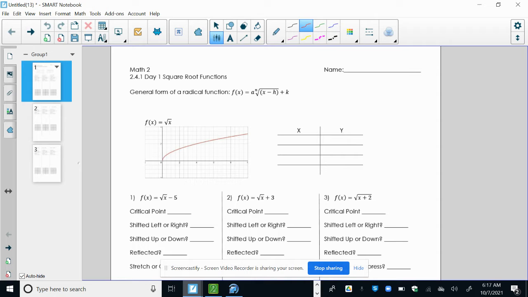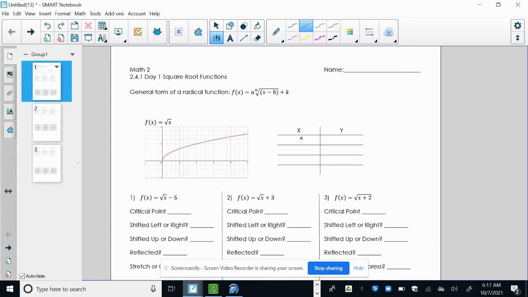We see some things that we've seen before in the past, including the h and the k from vertex form. What this is really referring to is going to be where the starting point, or what we call a critical point, is of our square root function. We're going to use this, what we call a parent function, where there's nothing going on, just the square root of x, as a guide that'll help us start working through some other problems. So if we're going to graph f of x equals the square root of x, we can start making a